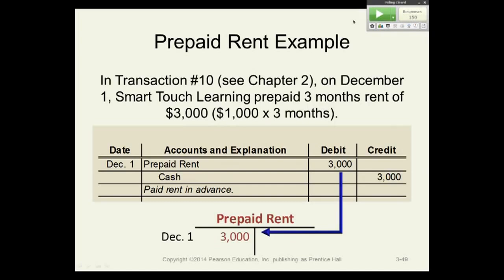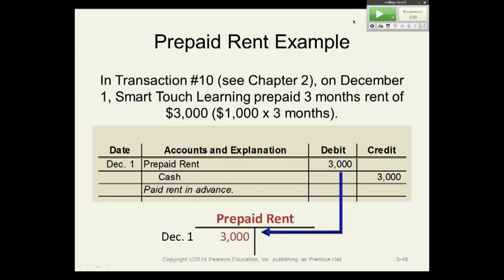So these are deferred expenses. And the first deferred expense is prepaid rent. So in this example, this is the original transaction. The original transaction tells you that our company, Smart Touch Learning, goes out and pays 3 months rent in advance on December 1st. So they have an asset, they have a prepayment, they have a future economic benefit from using